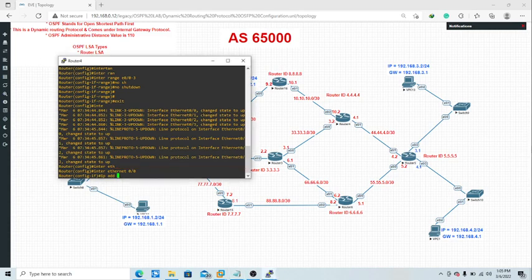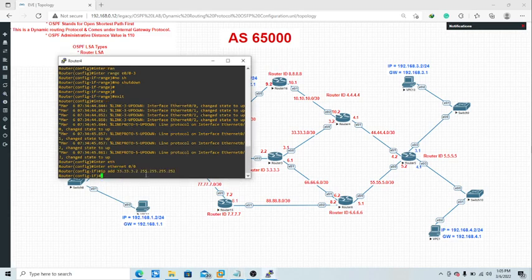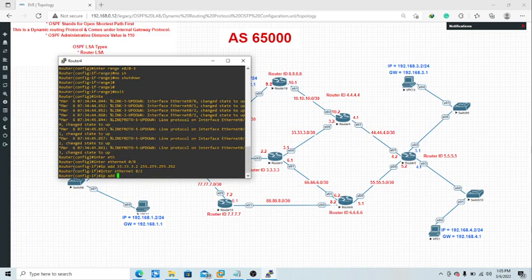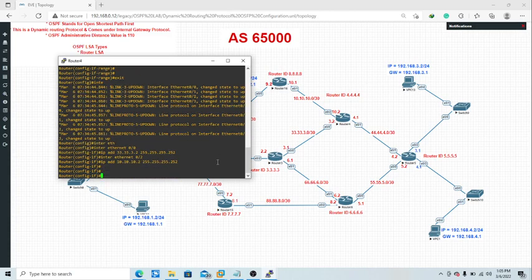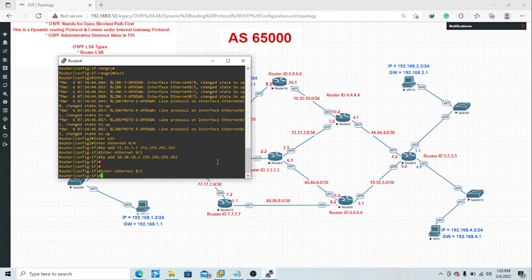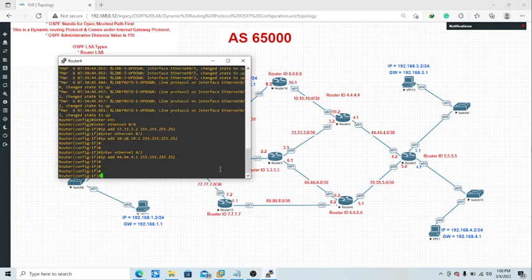Then 0/2. The other one is 0/1, 4.1, right? 4.1. Okay, cool. So next is